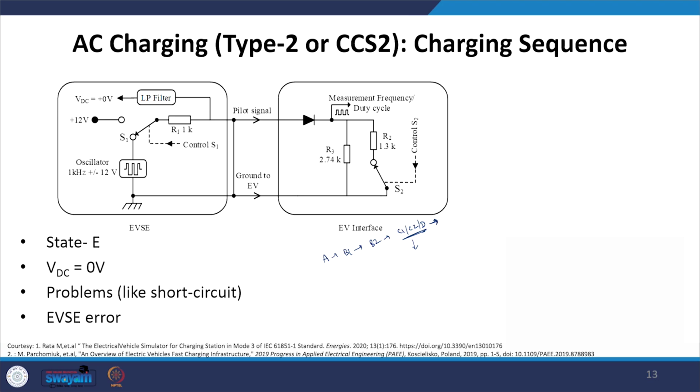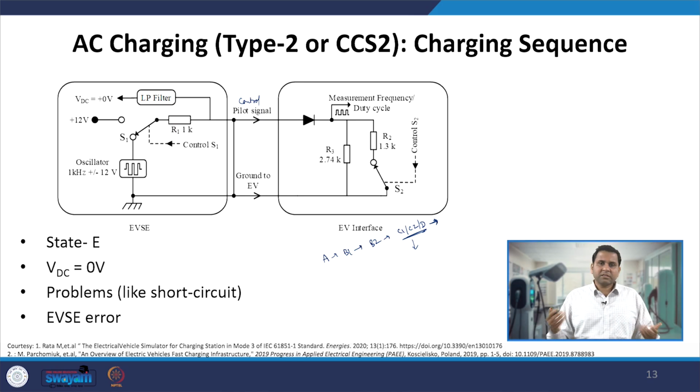However, during the operation there could be a possibility that this control pilot pin gets short circuited with the protective earth, maybe because of some external entity or because of loose connections or due to a sudden jerk or sudden removing or closing, some error could have happened. So, there is a short circuit, and that is when the VDC value at this point becomes 0. This VDC is the voltage which is measured with respect to protective earth. So, this will become 0, and that is when problems like short circuit of control pilot pin CP and PE pin may take place.